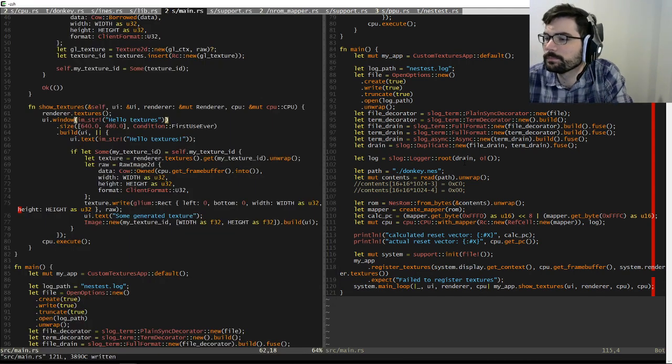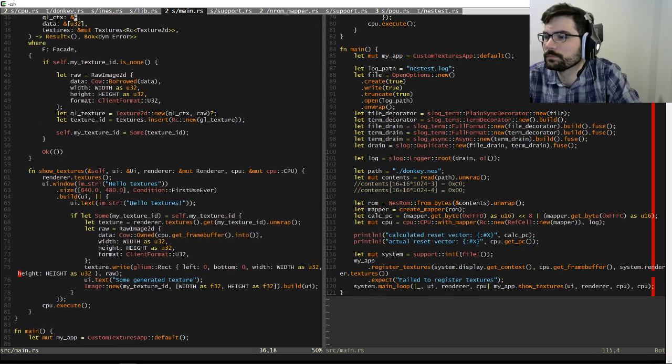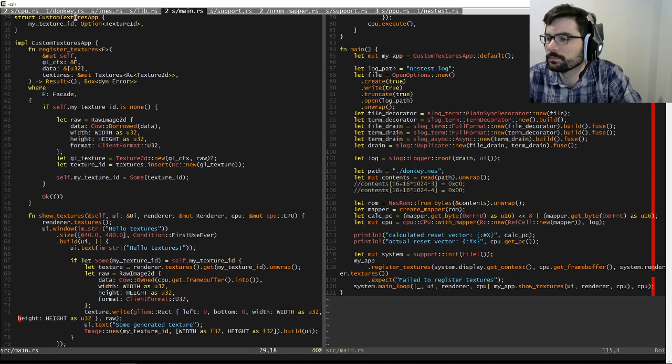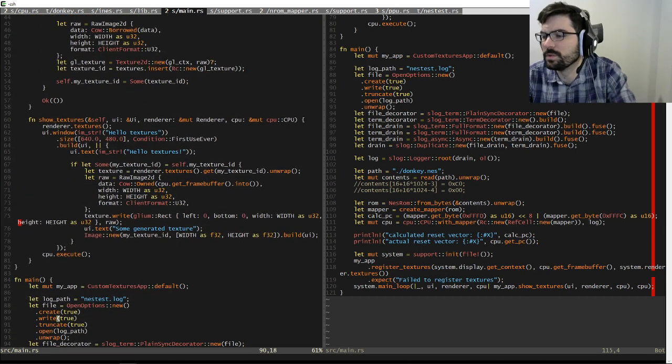What the heck? Is it faster with text only? Yes. Oh, you mean if I don't do this part?